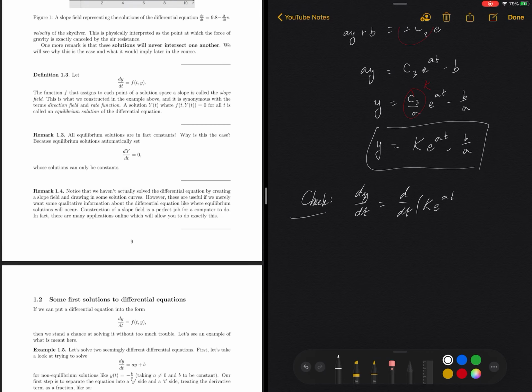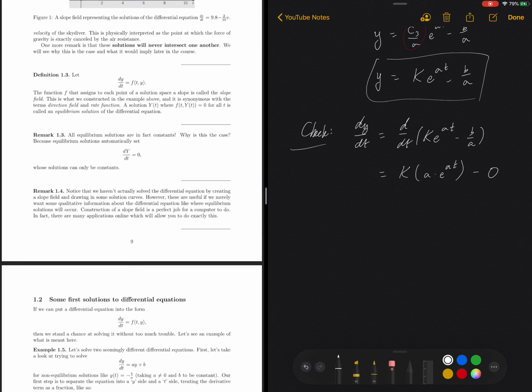What is dy dt? Well, if I differentiate, this is d dt of constant times e to the at minus b over a. Well, the constant comes out for free. I differentiate the e to the at with a chain rule as a times e to the at, and, well, subtract off a 0, because derivatives of constants are 0. And what we wind up with is just a times k e to the at for the derivative of y